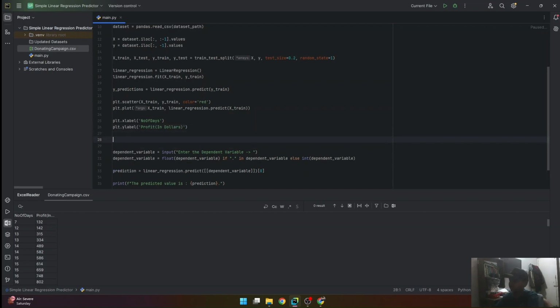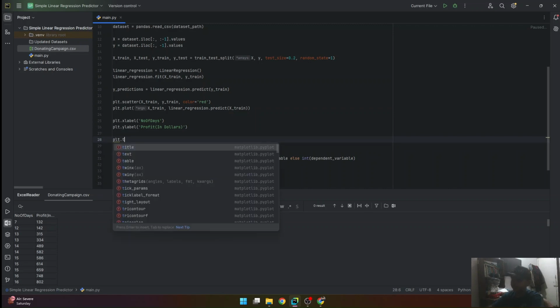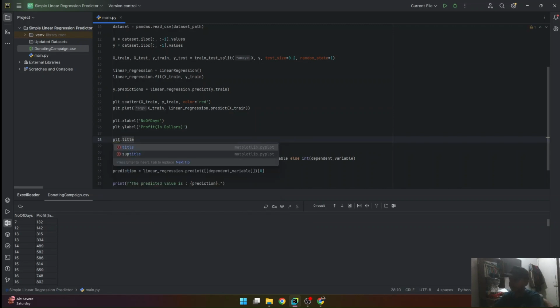Then plt.title, the title of the plot, is the train set. Its name is donating campaign train set.